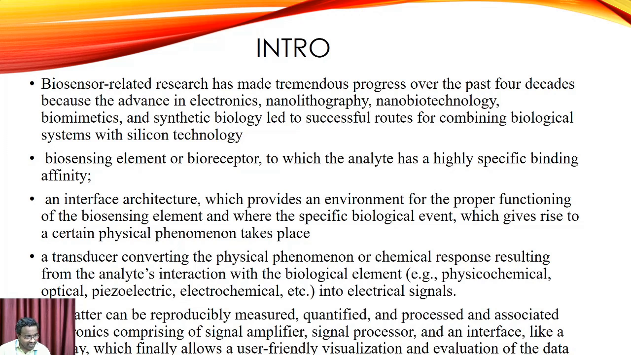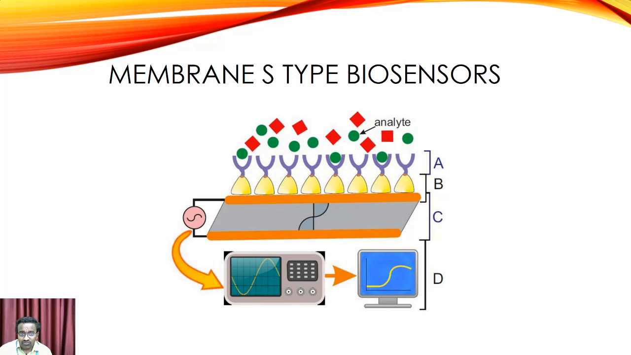What is meant by the analyte molecule? The analyte molecule is the molecule which binds to the substrate. This is the membrane S-type biosensor. This is one of the biosensors which is present in the lipid bilayer membrane, which is usually present in some